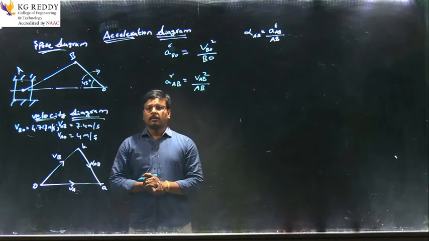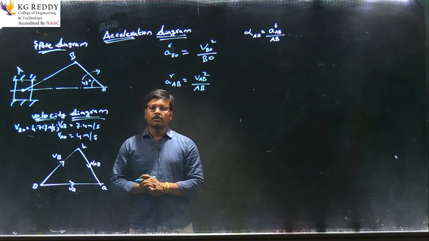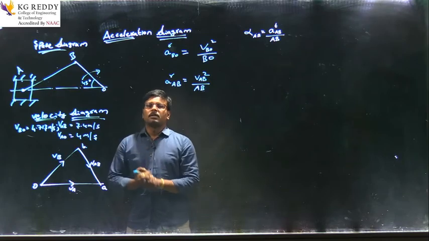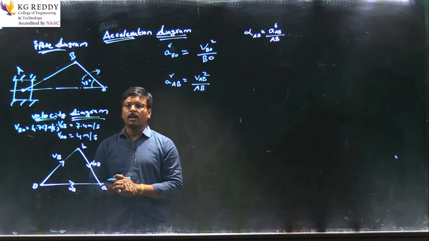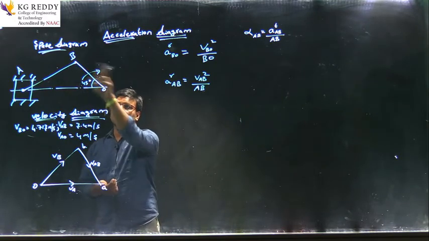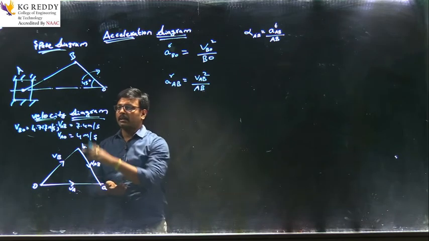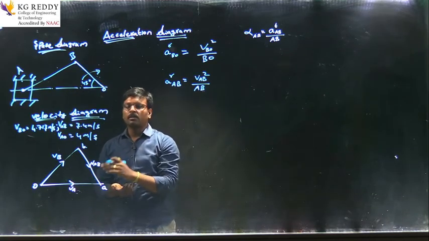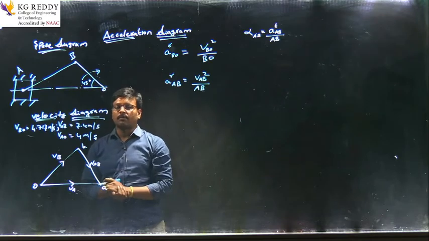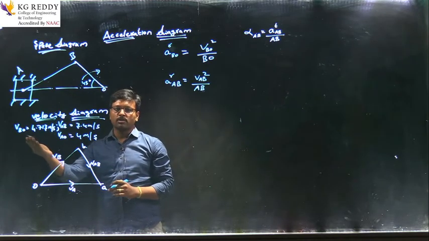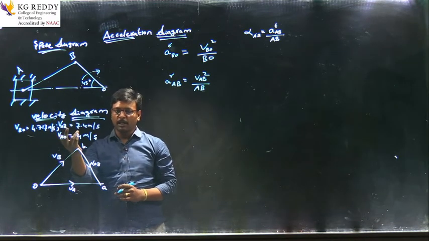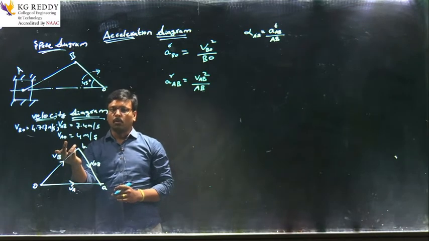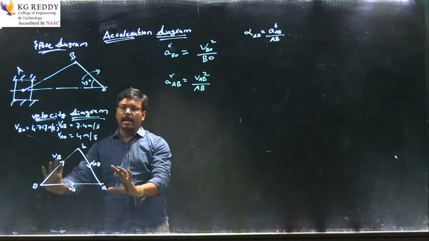Good morning, and this is the continuation of the last video that we did on the velocity diagram for a single slider crank mechanism. Here we have the same space diagram. OB is the crank, rotating in a clockwise direction, and here is the velocity diagram, which we drew with the use of our drafter. We found the velocity of B with respect to O, the velocity of A with respect to B, and the velocity of A with respect to O. These are the values we got from the velocity diagram.